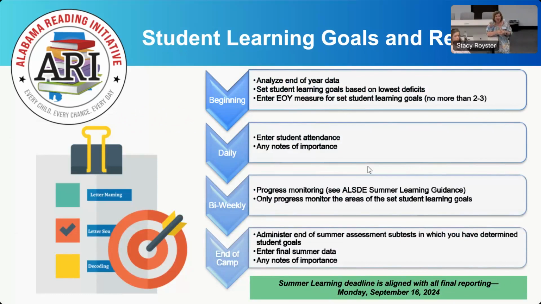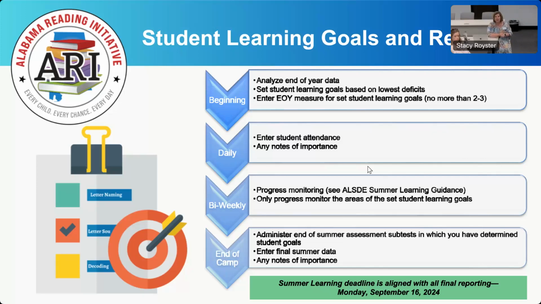So at the very beginning of summer reading camp, you're looking at and analyzing your end of the year data, and you're setting student learning goals based on the lowest deficits. You're going to enter your end of the year measure for your student learning goals into the summer reading portal for intervention. We don't want you to do all of them. Choose 2 to 3 that you think you're going to be able to focus on in summer learning camp and be able to move your students on during that time period, the 60 plus hours of reading instruction and intervention